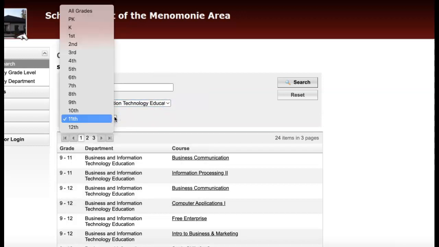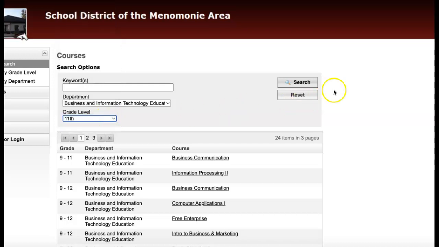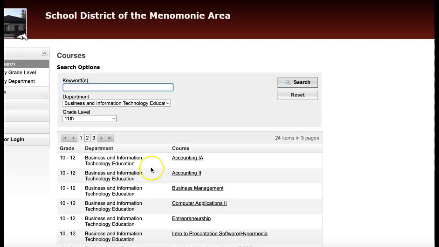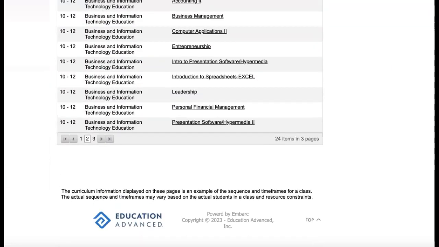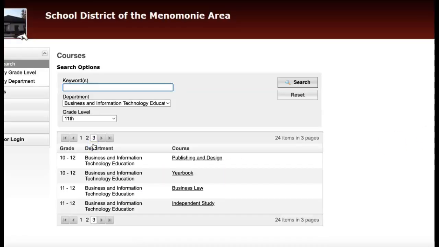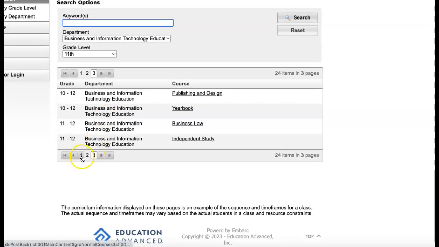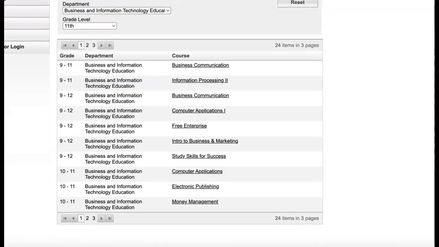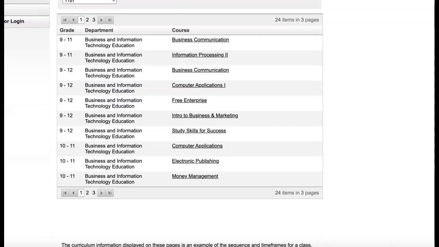And I thought, hey, I'll go ahead and look at juniors and see what juniors are learning. And hit the search button, and then I can see all the different courses that are being taught. There's the second page there, and then there's the third page there. Okay, so those are the different courses that are being taught at the high school level. I go back to the first page, and I'm particularly interested in what they're doing for Intro to Business and